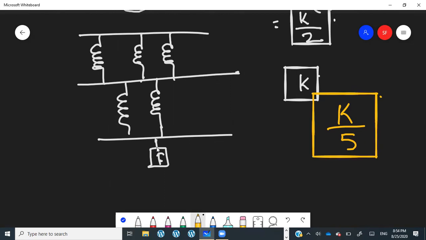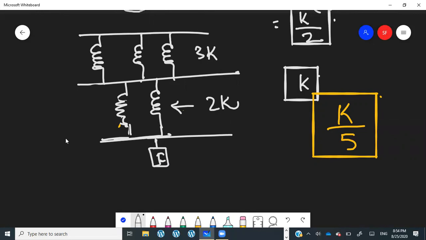This is F, right? This F will get divided between these two, becoming F upon 2 and F upon 2. And by the way, let me use a shortcut first. Using the shortcut is much faster than using this longer method. In the shortcut, you just need to identify the springs which are in series and which are in parallel, and then just use the formulas. These 2 springs, are they in parallel or in series? Parallel. So what's going to be their spring constant? 2K. And what about these 3? 3K.